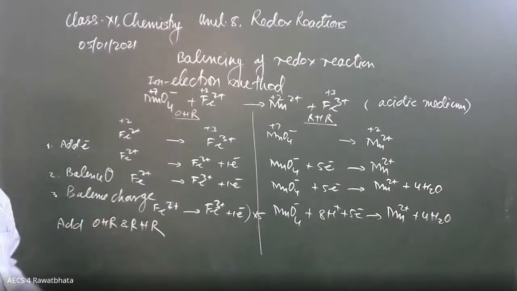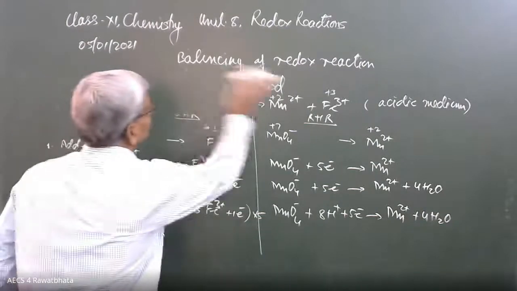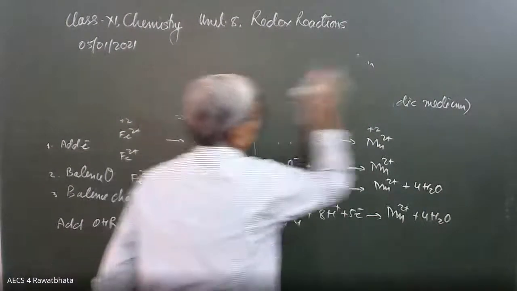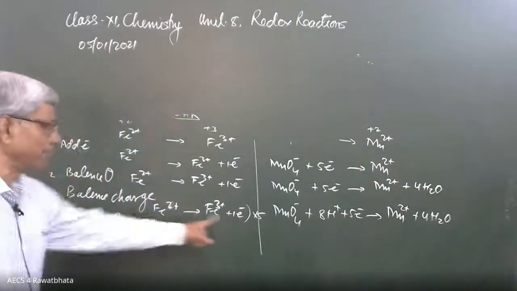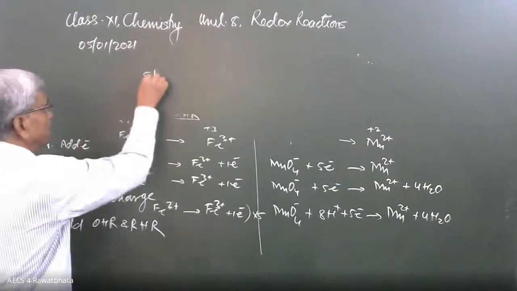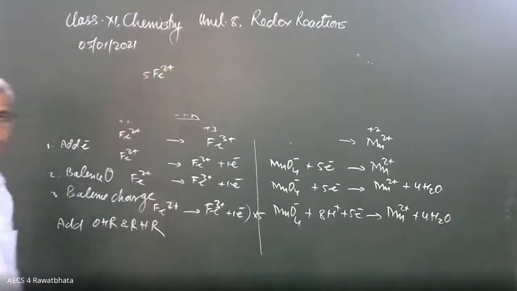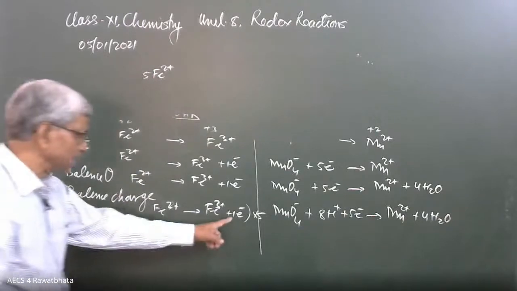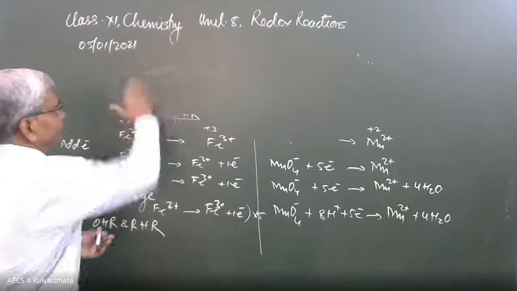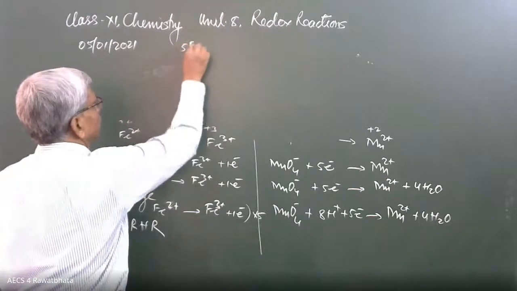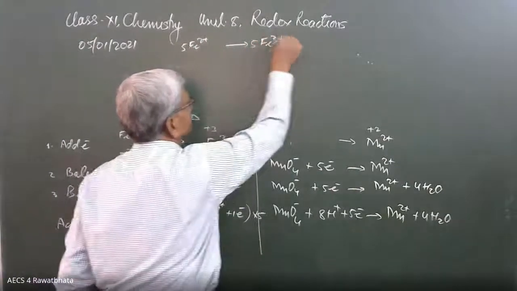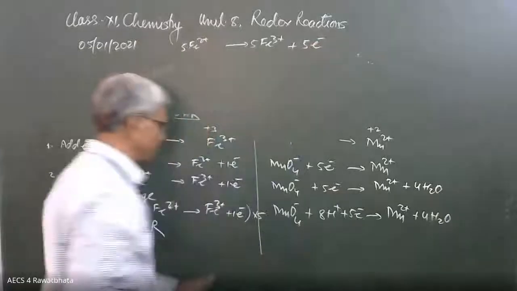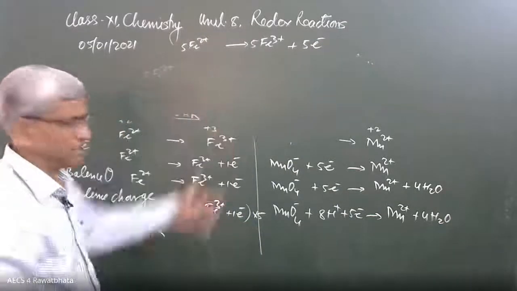Now I'm going to add at the same time. Okay, let me write here. This is multiplied by 5. That's why it will be 5 Fe2 positive. Okay, beta? And then here 5 electrons. 5 Fe2 positive gives 5 Fe3 positive plus 5 electrons. It is multiplied by 5. That's why it is in this way. I'm going to add in this way. And here